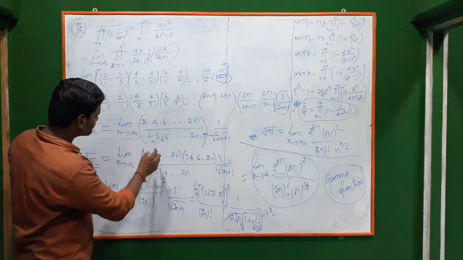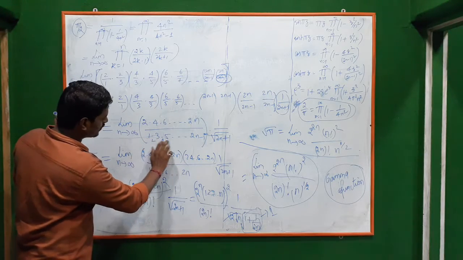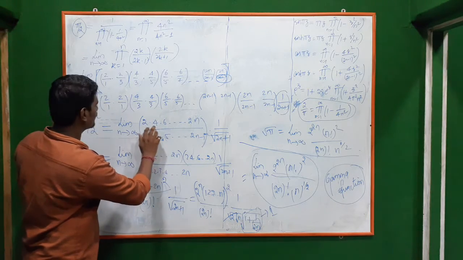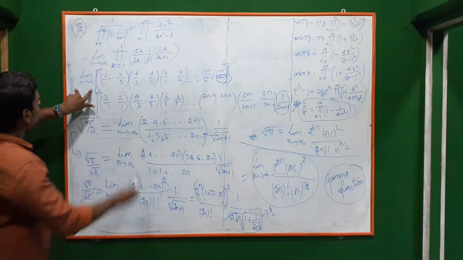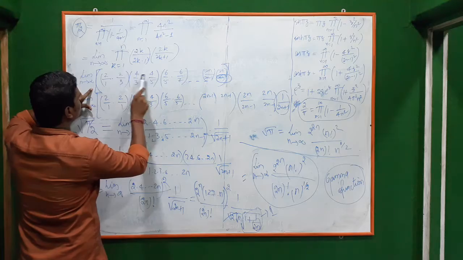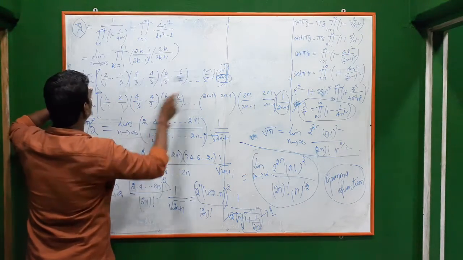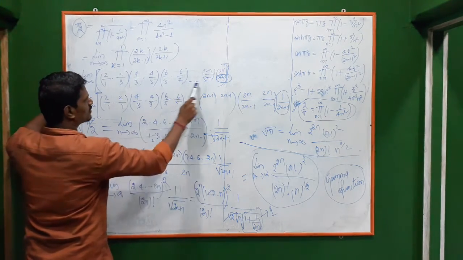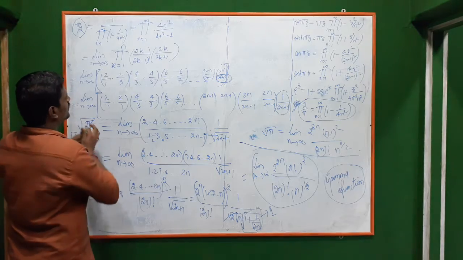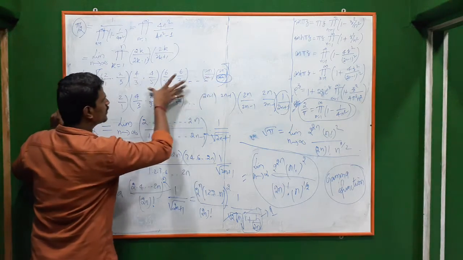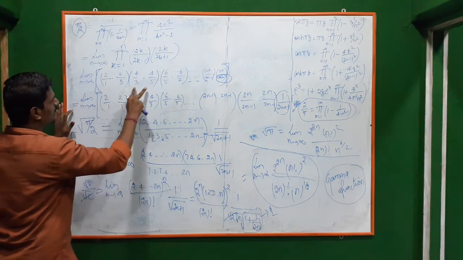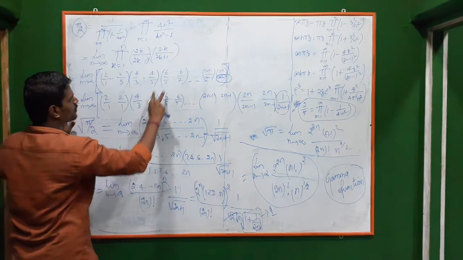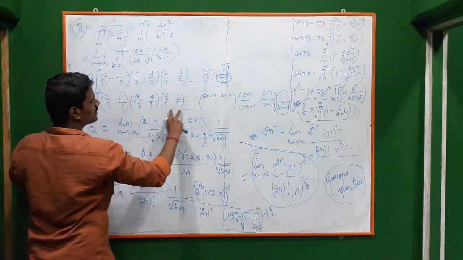So in this, we should have this odd multiples in the denominator and even multiples in the numerator there. Okay. So here, in the numerator we have 2 into 2, 4 into 4, all the pairs are there, but here we don't have such pair. Okay. So what you do is, we just shift everything one step forward there. Then here it will be 1 into 1, and here it will be 3 into 3, 5 into 5 will be there, and so on.